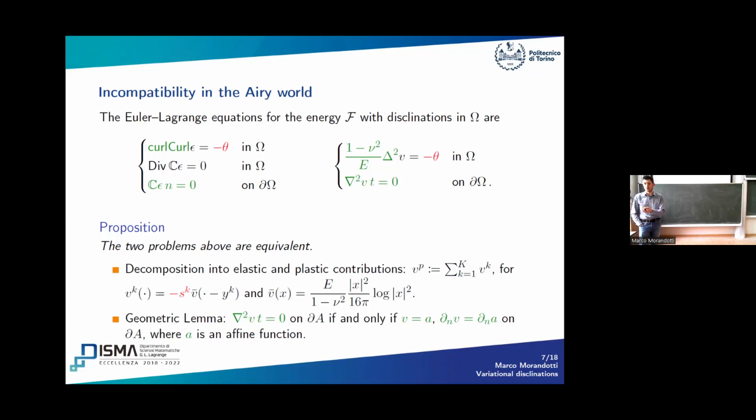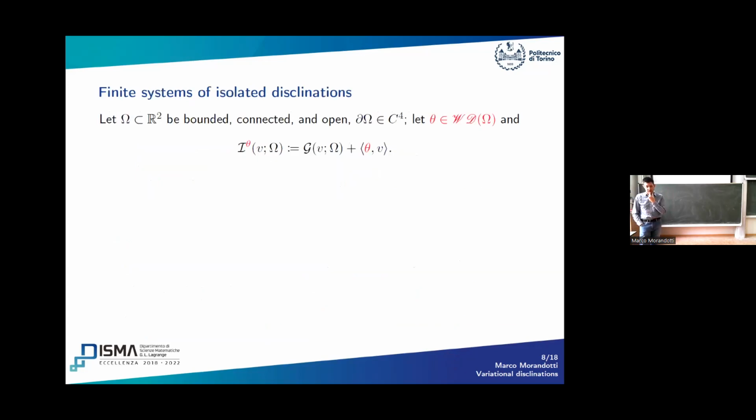Okay, and then we don't have to worry about the harmonic equation, actually, because in that case we have 4 derivatives to take. So they will also be in the kernel of the harmonic operator. And when we're dealing with a system of finitely many isolated disclinations, that's the full theta measure that I introduced before. So this curly WD stands for wedge disclinations.